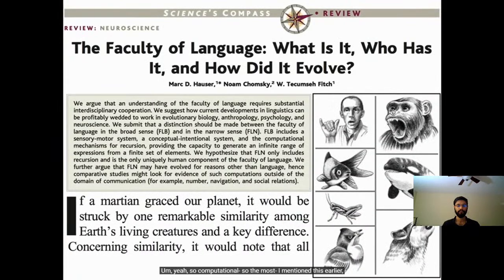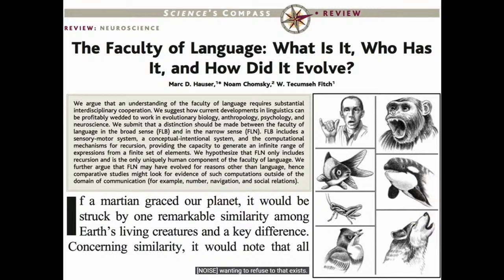So, I mentioned this earlier, the most famous linguist is Noam Chomsky at MIT, and really computational linguists a lot of the time haven't been that friendly to linguists, and in particular to some of Noam Chomsky's theories of language, because he's never been sympathetic to the idea of machine learning, or in general the empirical ability to learn from data. He's always wanted to refuse that it exists.